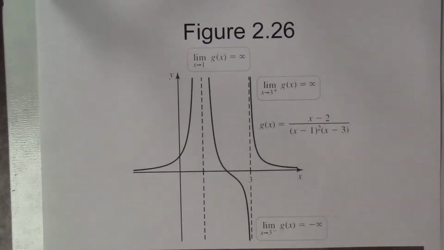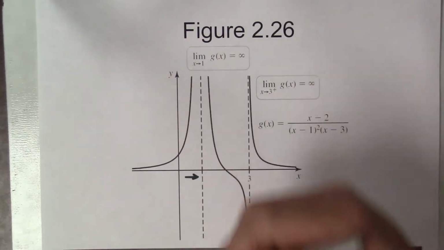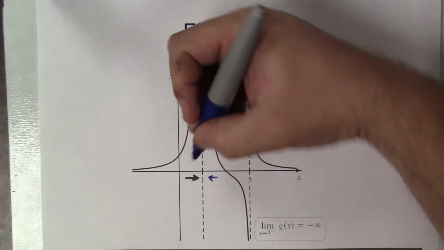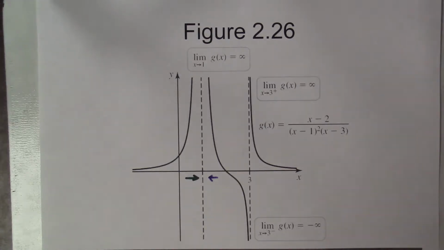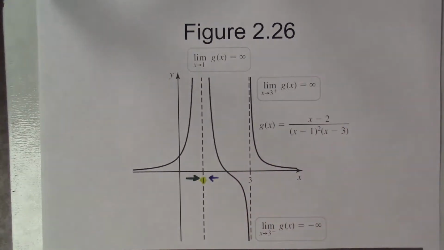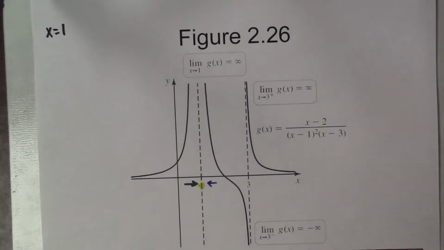As you'll recall from our earlier discussions on limits, when we discuss a limit around a point, we're going to talk about what the function is doing as it comes from the left, and what the function is doing as it comes from the right. So let us start our discussion by talking about what is going on around when x is 1. So when x is 1, we look over here and